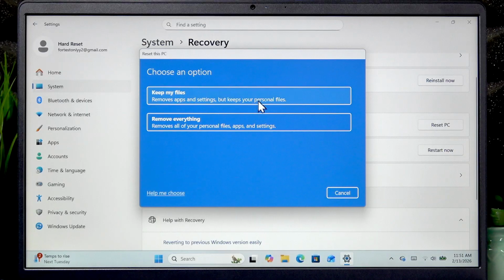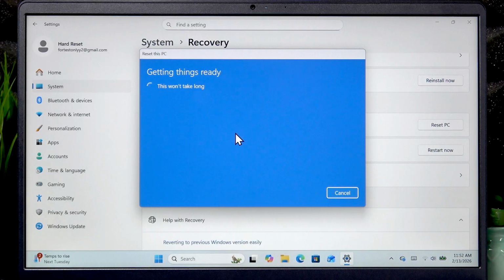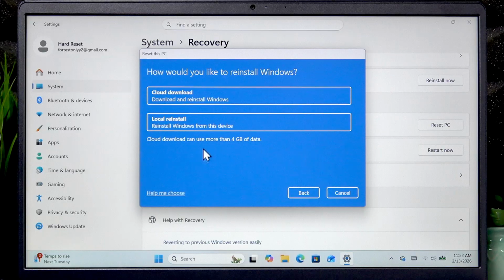Now if you select Keep My Files here, you will basically just reset your settings and applications, and if you select Remove Everything, you will erase your device fully and perform an actual factory reset. So if you want to perform a full reset of your device, you're gonna have to select the second option right here. And then on the following page, if you have an internet connection, you can select between cloud download